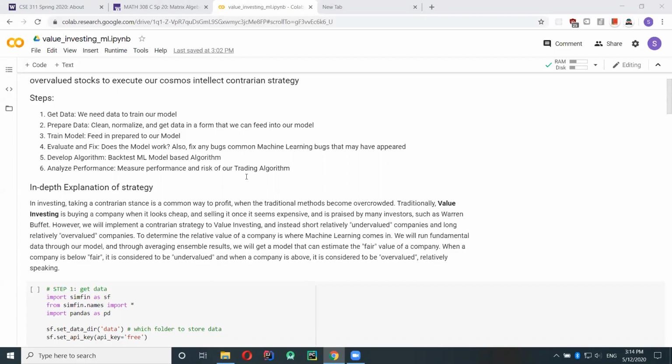Next, taking our model, we can create buy and sell signals using the model, and that is our algorithm. And we have to test our trading algorithm. Well, it's not really trading here, though I want to consider it trading because it's a long-term investment, but whatever, it doesn't really matter. What we want to do is test if this algorithm will actually make money, because that's the point of studying this. If it doesn't make money, there's no point in continuing with learning the strategy, and we just stop and go on to a different strategy.